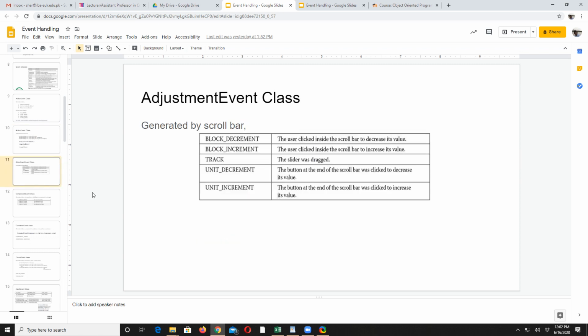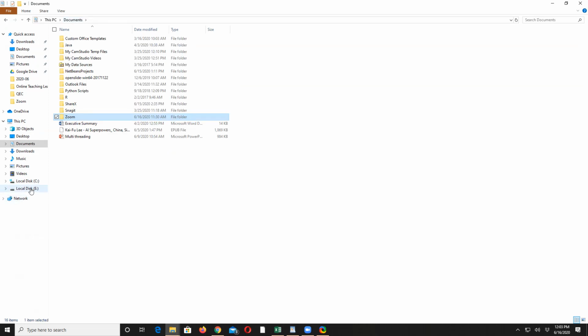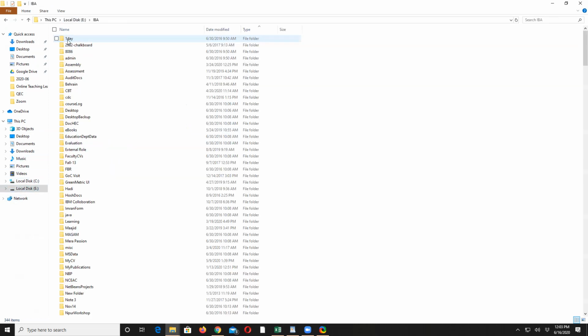We also have this adjustment event class. It is generated by the scroll bar. There are five types of this event. Block decrement and block increment: when you click at some place on the scroll bar, for example, you see I do not have a taskbar here, but if I have it on this,